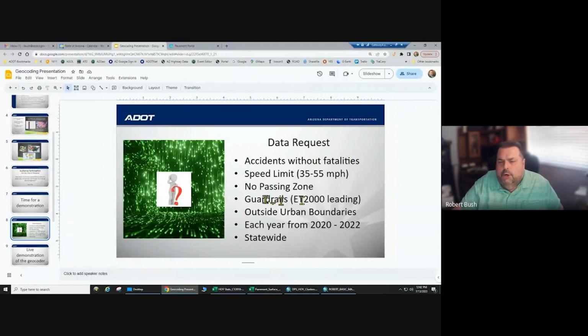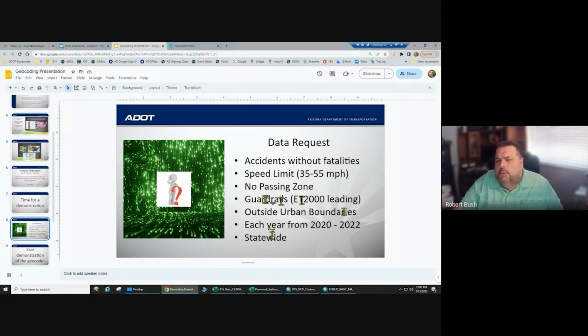And you could bring in the latest guardrail data on the end treatments throughout the state. And then urban boundaries, of course, there's a layer that shows where all the urban boundaries are. You want it outside that. And then, of course, each year of data, you just do that with the accidents and stuff like that,